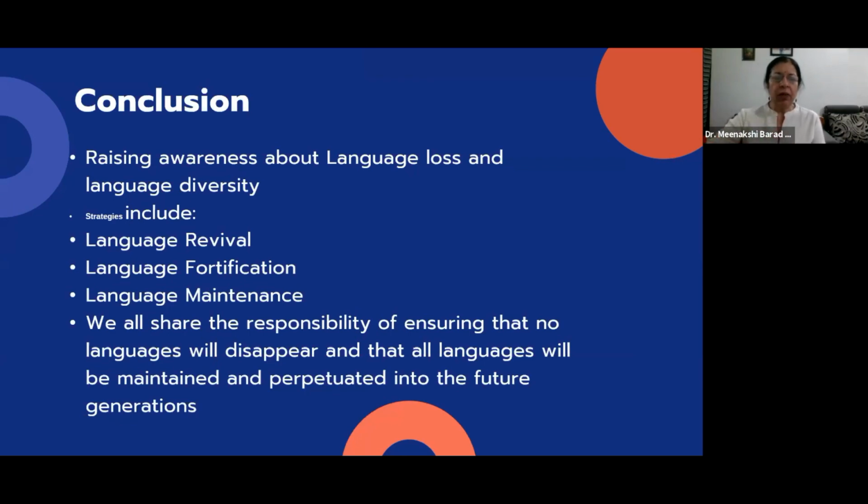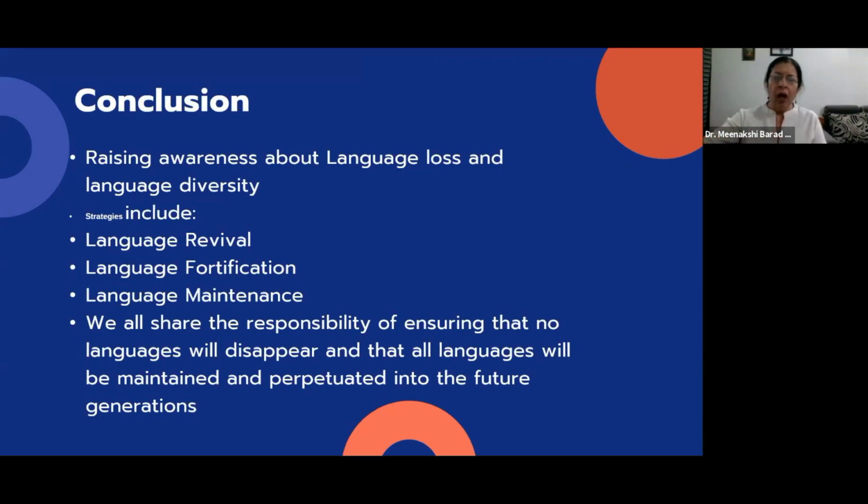And then there are some strategies for such linguistic activism, of which there is language revival, which is reintroducing the language that has been limited for some time, like, for example, Sanskrit. Then there is language fortification, which is increasing the presence of a non-dominant language to counterbalance a perceived linguistic threat from a dominant language. And then language maintenance, where we support the stable use in speaking and in writing of the non-dominant language in a region or state with both multilingualism and a dominant language.